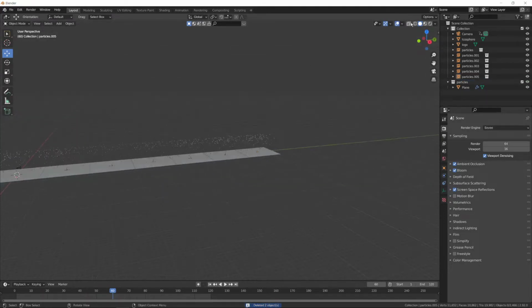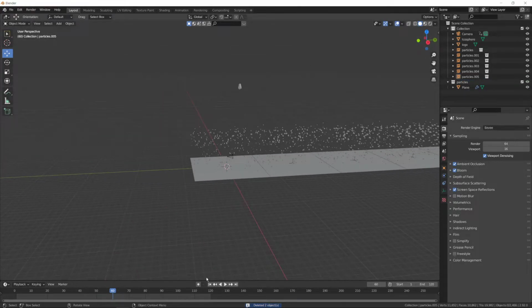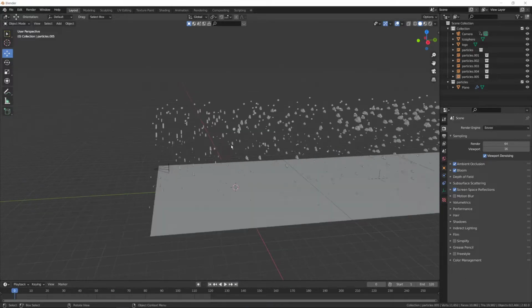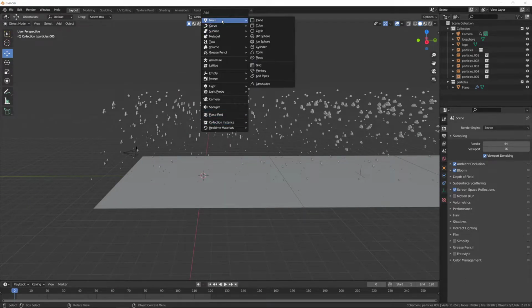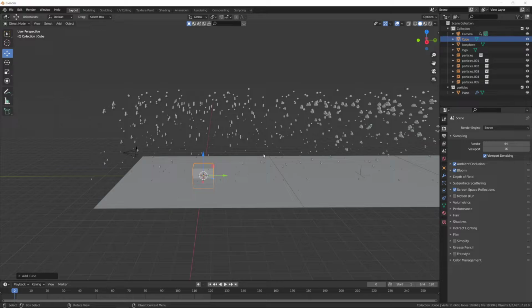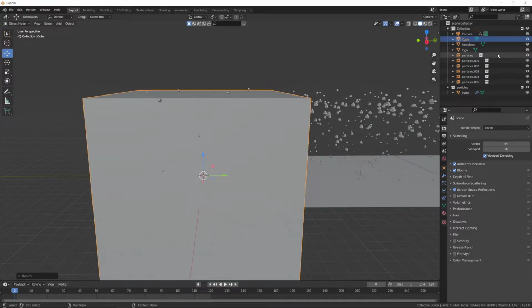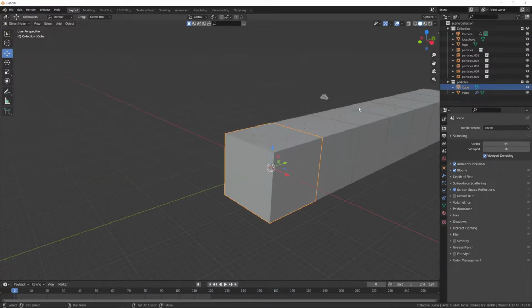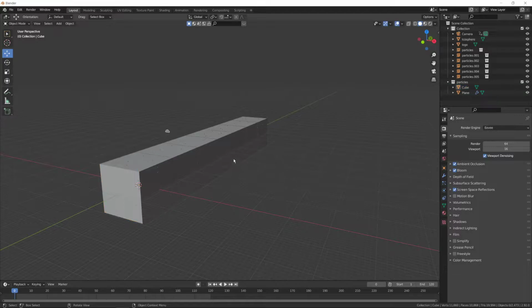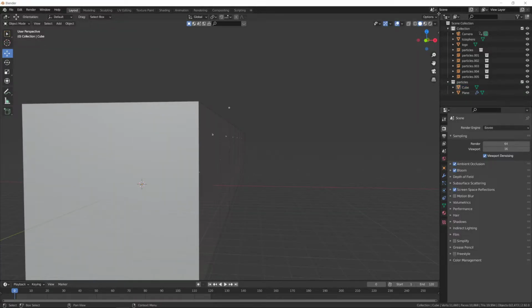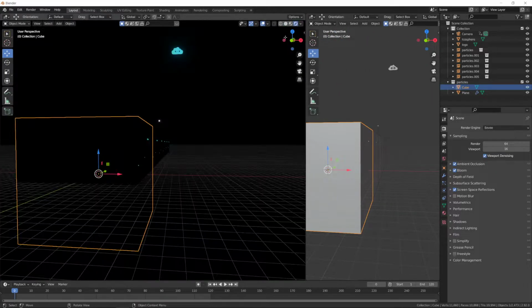How we get around this is you want to add some volume. So here I'm just going to press Shift A, add a cube, and I'm going to scale it the exact same way, so S and then 8. And I'm going to drag this into our particles collection so that it just updates all of our other instance collections with this cube. I'm going to go into our shader editor, take the cube,